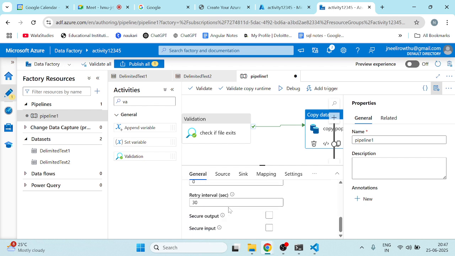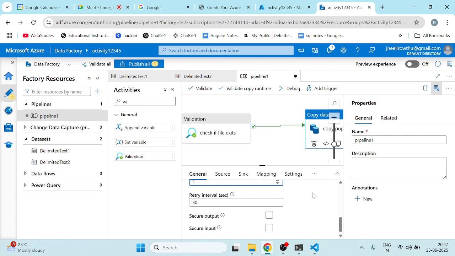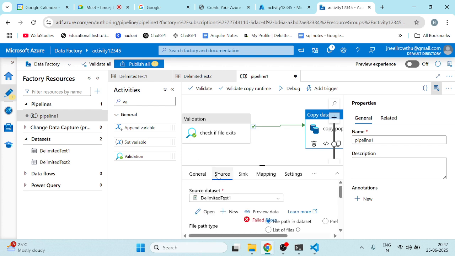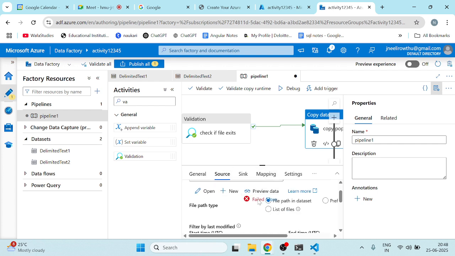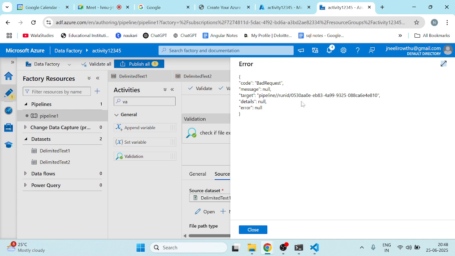So we can change the name as well here, or the timeout. Retry one I'm going to take. So output and input also we will do. Okay, here the pipeline has failed. File per dataset we have set. Okay, again it is